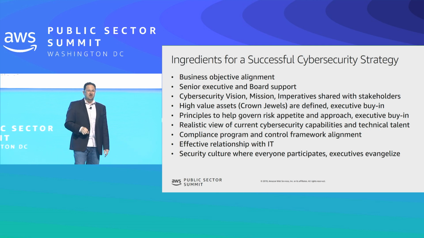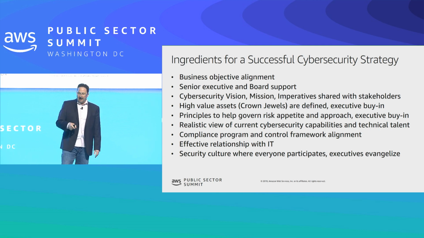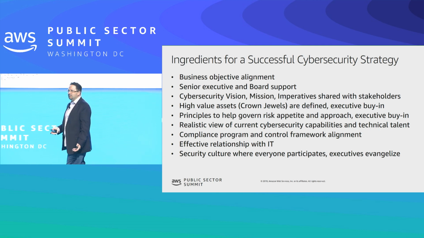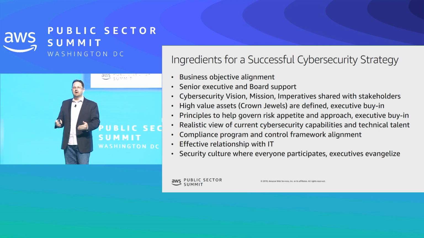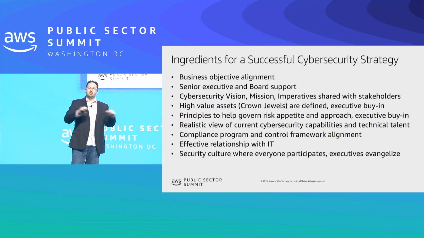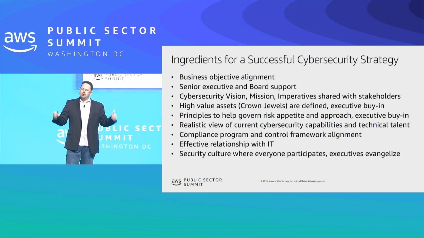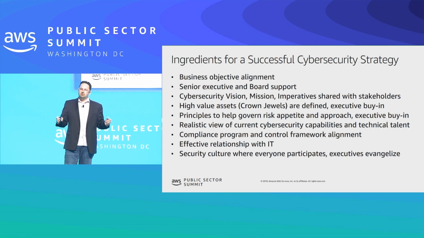Writing down a cybersecurity vision, mission, and imperatives is super important, because that helps you articulate what you're trying to accomplish, right? So the imperatives are sort of like your 3-year goals. And so as you go around your organization to describe your program and how your cybersecurity program is going to work and what it's doing, what it's not doing, right?